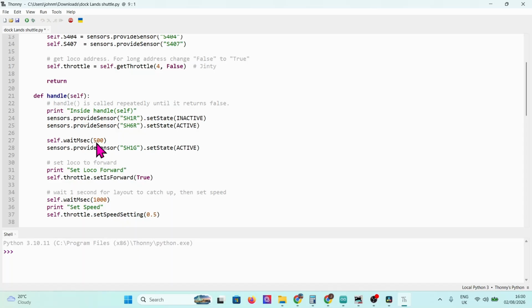Then I wait 500 milliseconds and I set the next sensor, which is for the signal head 1 green. Now you'll notice we're using sensors, not lights, and this is what we found the easiest way of doing it, because a light has to have something to trigger it, so we just call them a sensor. And what you can see here, I'm setting the signal 1 to green by being active,